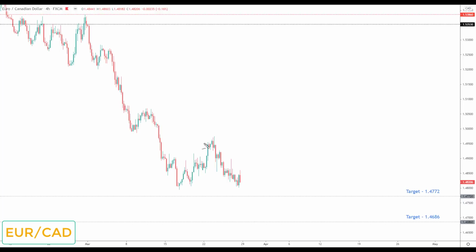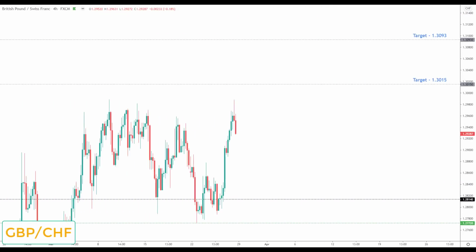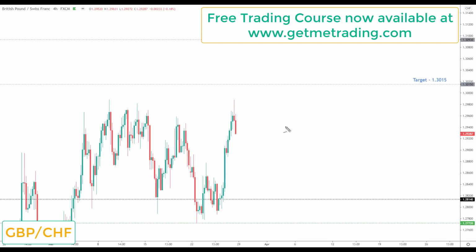We didn't take it out, but anybody who's in this from last week, I would be expecting the target to be taken out. For anybody not involved, what we'd need to see is any correction once again before taking out the target, which would be viewed as the opportunity to look for bearish breakouts once again down to the 1.4772, or if we take out the target first and then bounce and correct, you can look down to target 2 at the 1.4686.